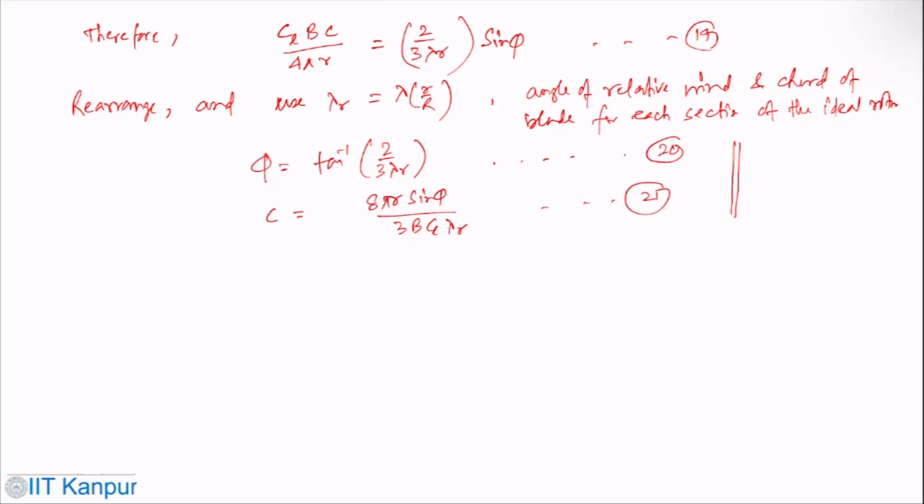Obviously it is the optimal blade, because we have considered the axial induction factor equals 1/3. You can take an example of, let's say, lambda equals 7 and carry out this calculation. What one can see is that blades designed for optimal power production have an increasingly large chord and twist angle as one gets closer to the blade root.